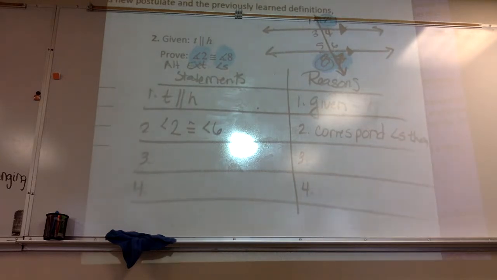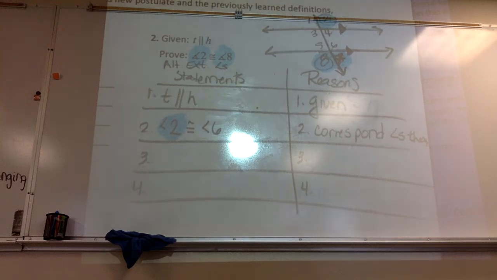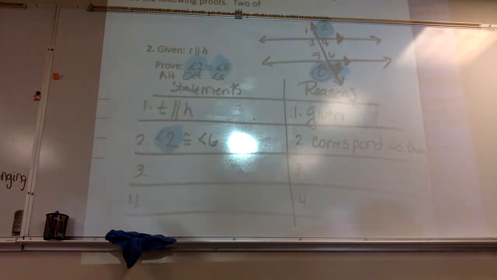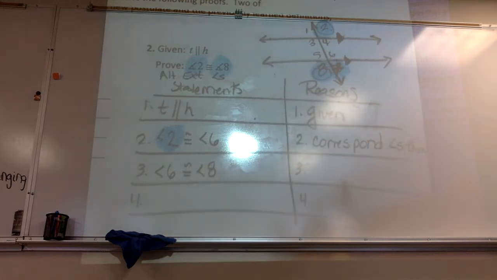And in all honesty, for as many people that there are in this class, there are that many different ways to write this proof. So if you had seen something different, it's quite possible that would have worked also. So anyway, we're going to bring in 2 by way of corresponding angles. 2 and 6 are congruent. I love Emma's thinking. Well done, Emma. Yay. Yeah, yay for you. That was great. Vertical angles